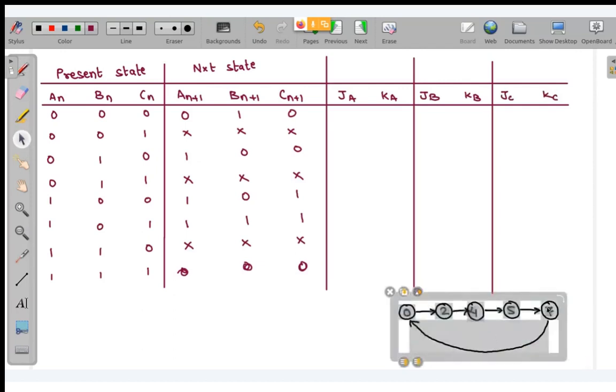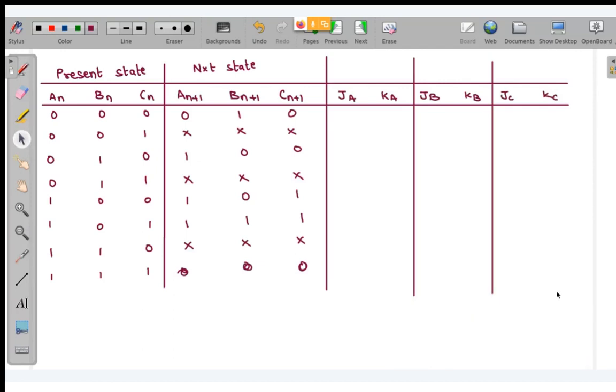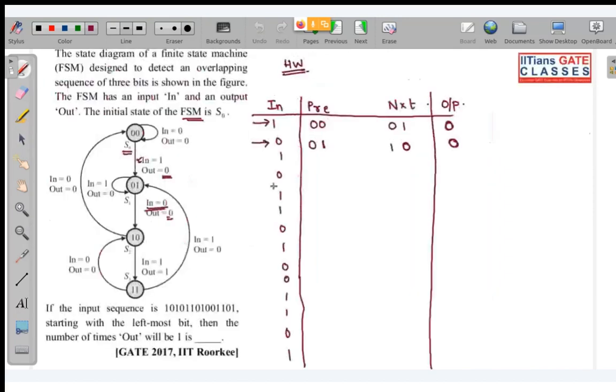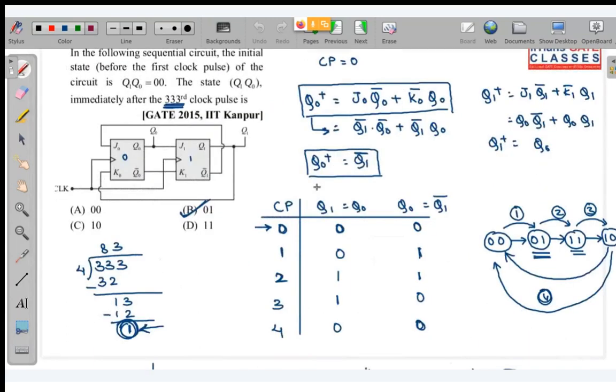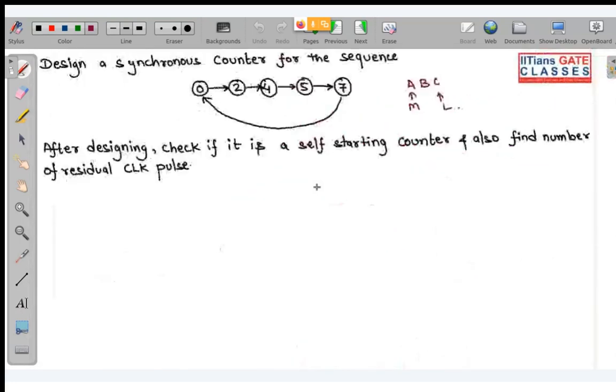You might be thinking, why are we doing such a question, it's unnecessary? But no, it's not unnecessary. With the help of those two questions only, we have covered so many questions. Even today, if after class you go and solve the questions of synchronous counter, you will be able to solve most of them.